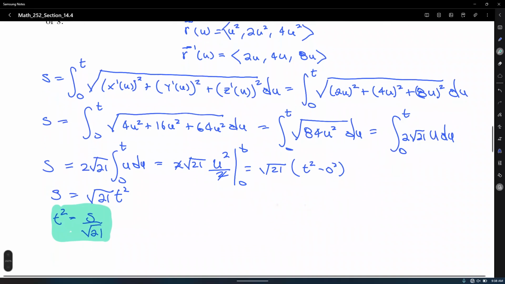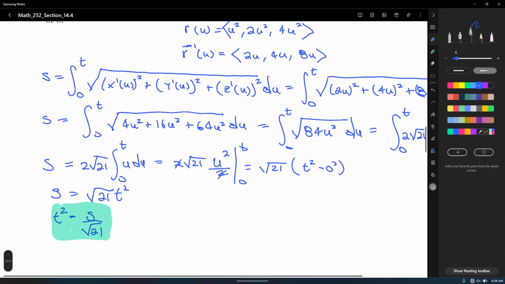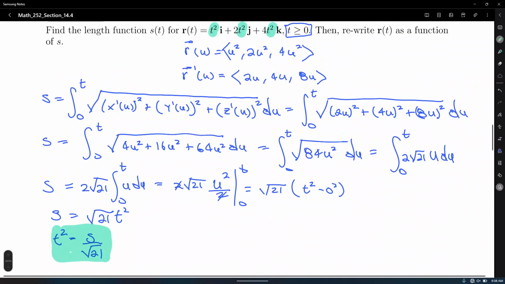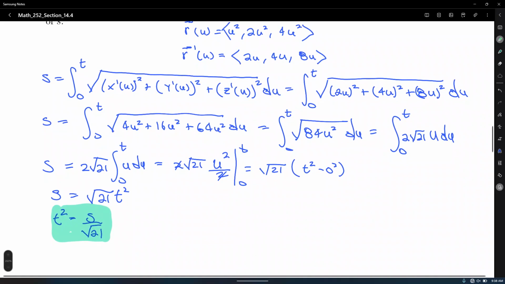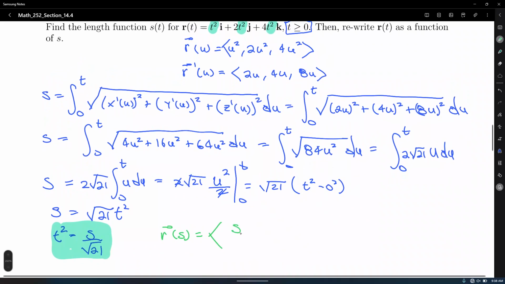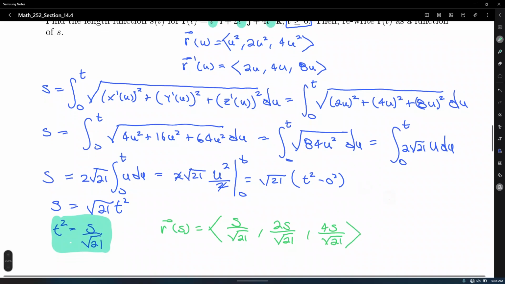So now we reparameterize. This is no longer going to be an r of t. This time, this will be an r of s. r of s equals this. So t squared, which is simply s over the square root of 21, 2 times s over the square root of 21, and 4 times s over the square root of 21. So that is our new